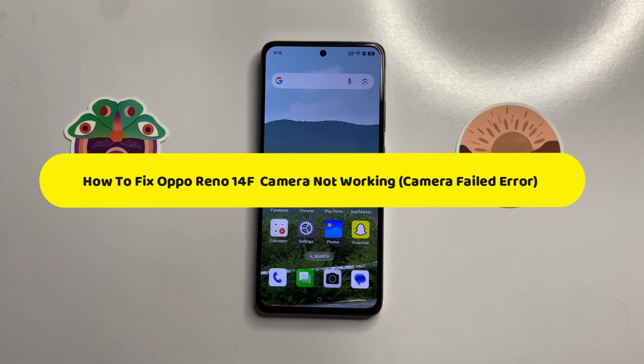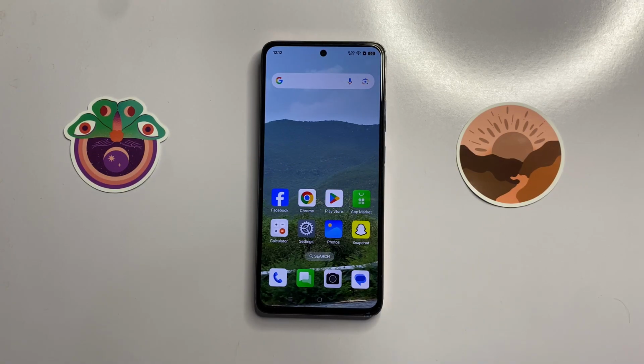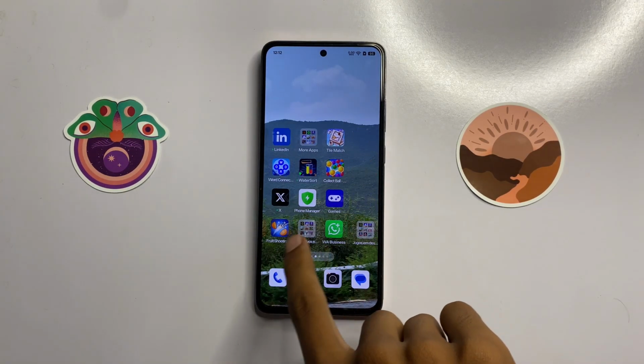How to fix camera not working in Oppo Reno 14f. So let's start the video. First of all,